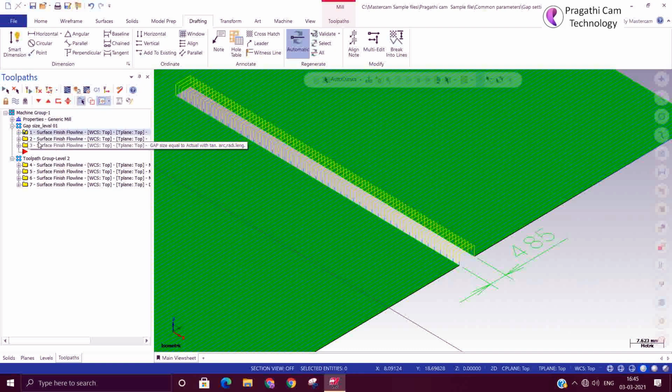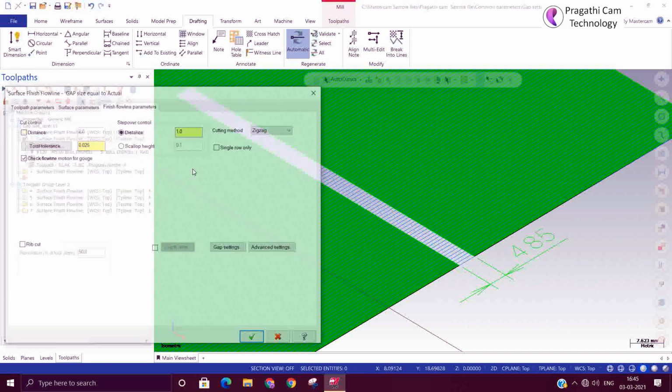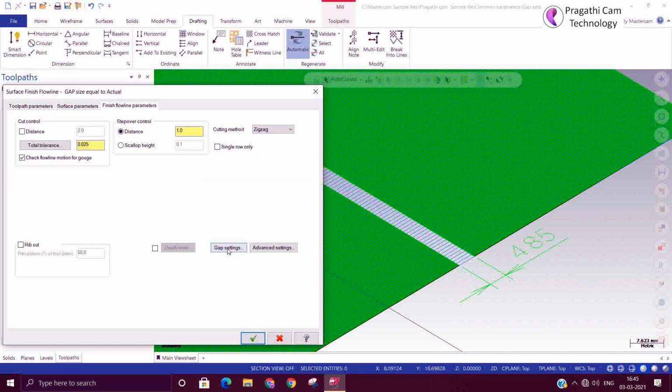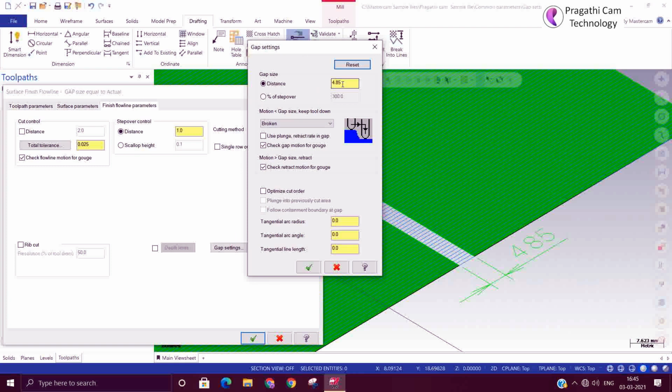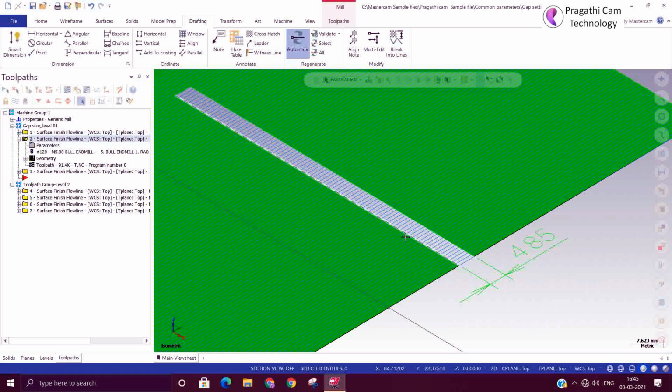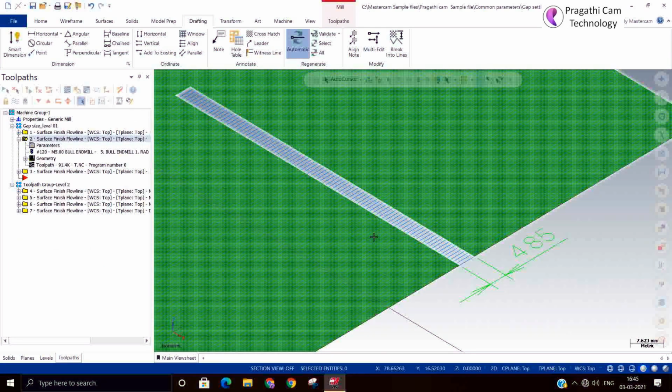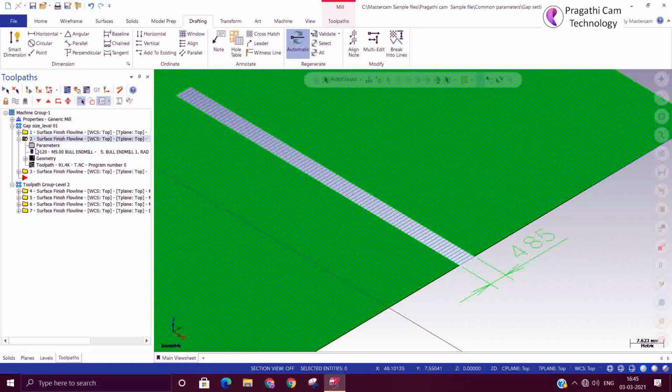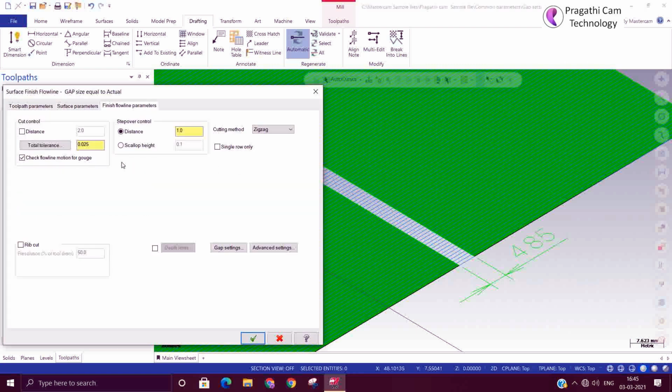Suppose in the next toolpath we have made the gap size 4.85, the same as the gap. Now it is considering it as the surface. So what it does is, from this edge to the other edge, it will create a tangency and make the toolpath.